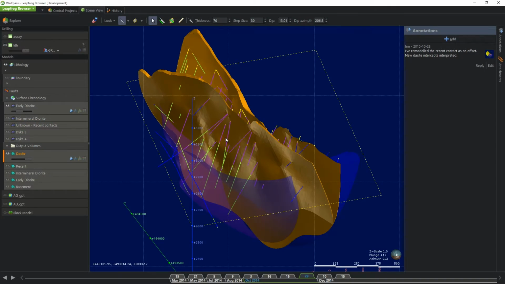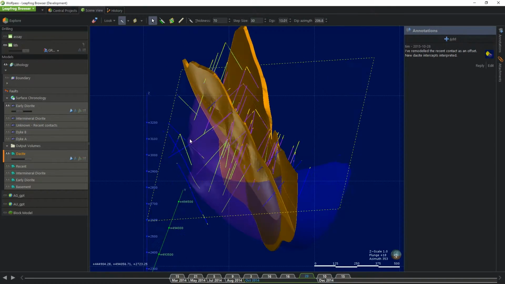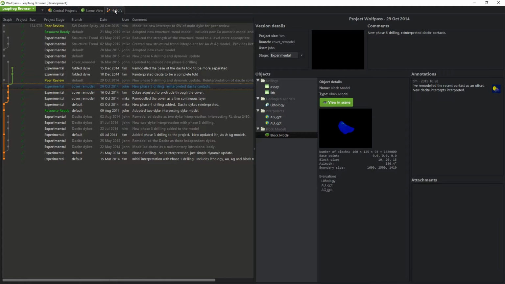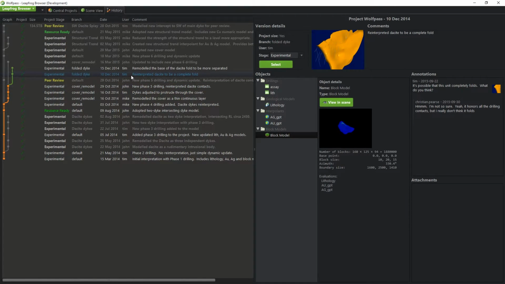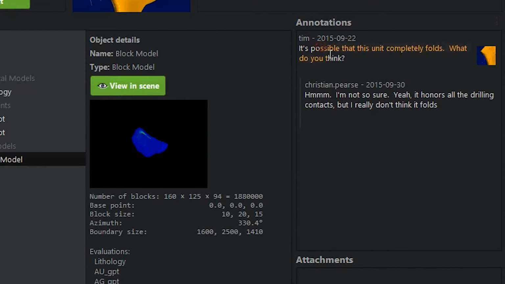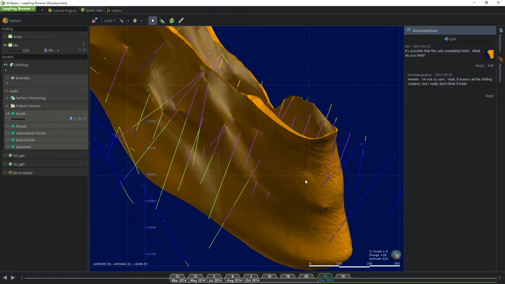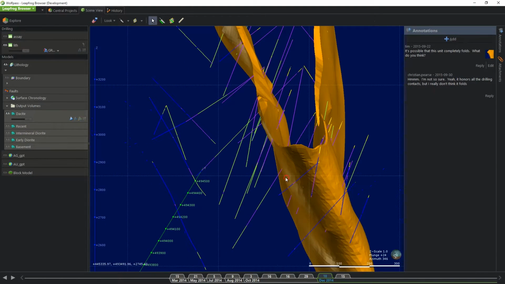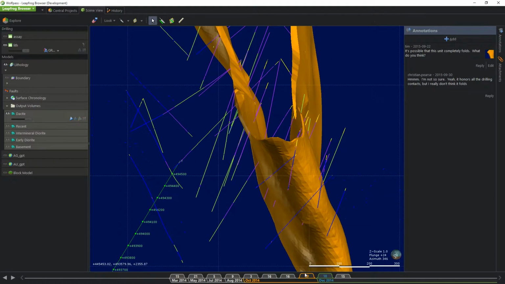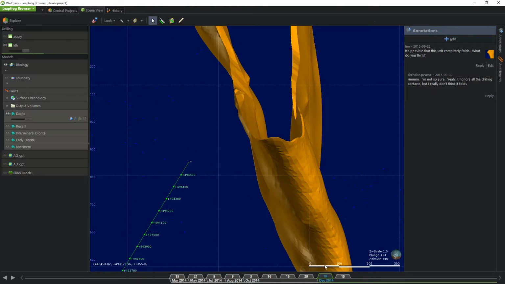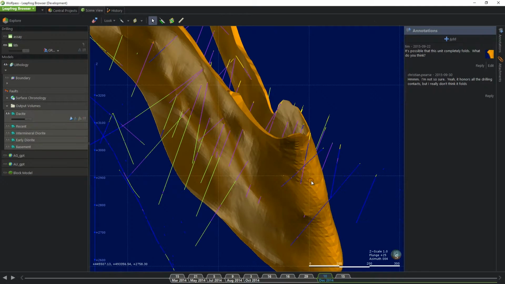Leapfrog Central is built from the ground up to support geological workflows. A major part of this is found in the project history, where different interpretations of the geology are represented visually as something that we call project branches. In this example, the daysite dike has now been completely remodelled based on an alternative hypothesis that it actually folds around. Leapfrog Central easily represents this as an alternative model and as a different project branch.